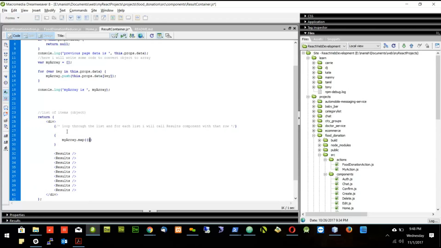Since we have to loop through the myArray, we will use .map and I will open and close brackets, and inside that I will make an arrow function, and this arrow function will take two parameters. One is the value and one is the index, and inside this arrow function I have to return some HTML tag or component. So here let's say I'm returning results, and in results I will pass some parameters which will go into the results component to display the details of that record. So for example, I will pass data equal to this value,